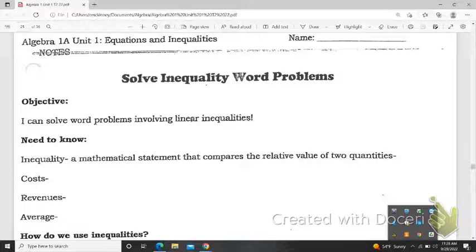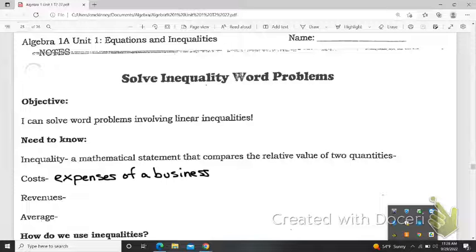Hi, we've worked a ton on application problems, but now we're going to look at some application problems specifically that have to do with inequalities. Some of the applications that we'll use are when there are costs. When we're talking about cost in this sense, we're talking about the expenses. Typically, we're going to talk about the expenses of a business. The cost, that's what we mean by cost. So things that are expenses,